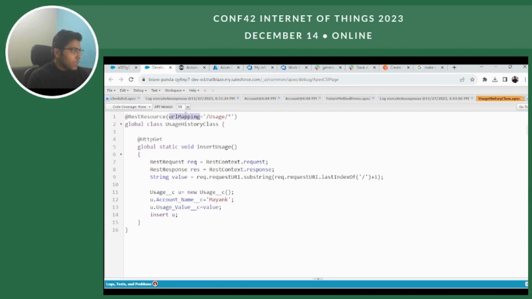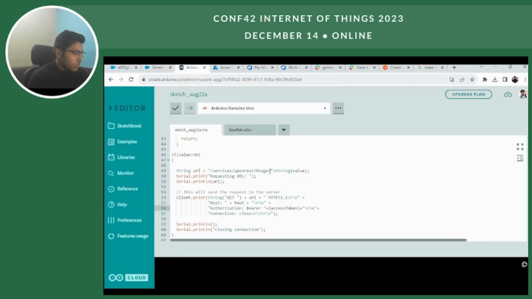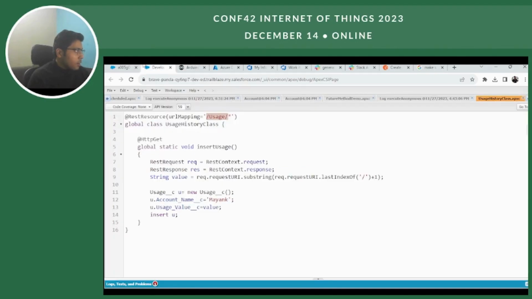So this is the REST resource class which is called whenever this endpoint is hit. This is the same endpoint, slash usage, which is there in the code. Whenever this endpoint is hit, this class, the usage history class, is invoked, and this method, insert usage, is called.